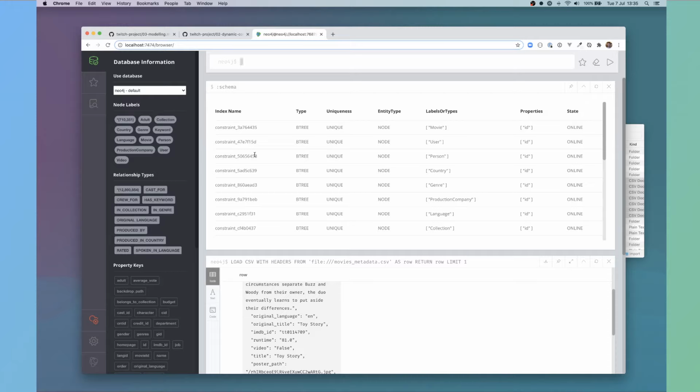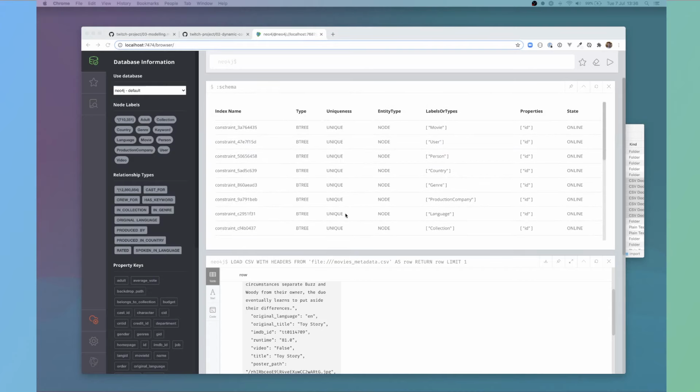There may be an instance further on down the line where maybe we'll create an API where a user can search. In which case, we'll probably want to index people and movies, the titles and the names, to allow people to search. But for now, we don't need to worry too much about that.